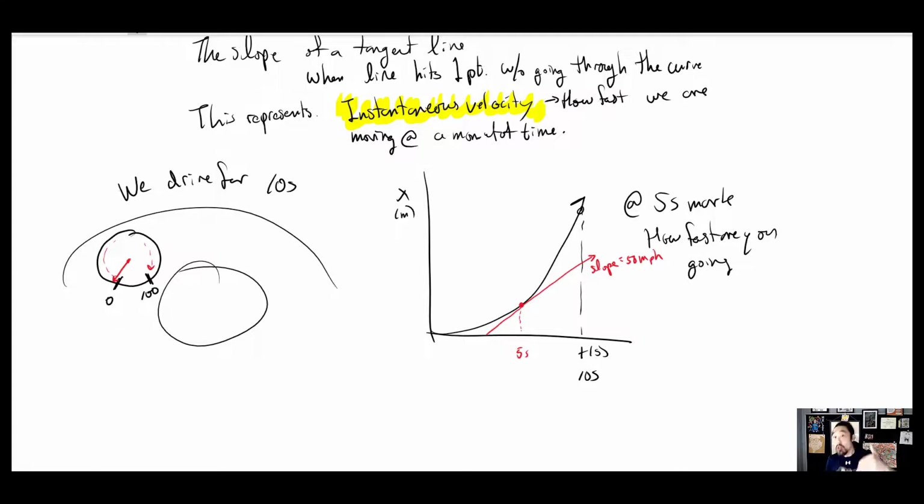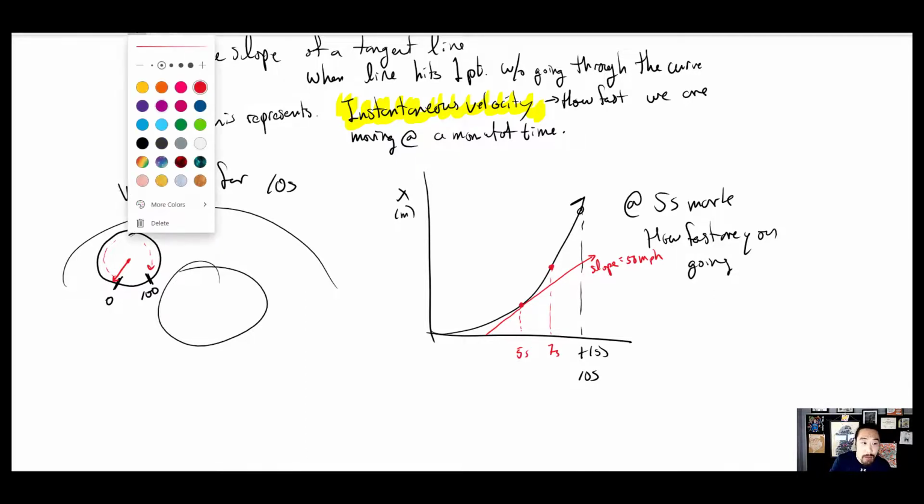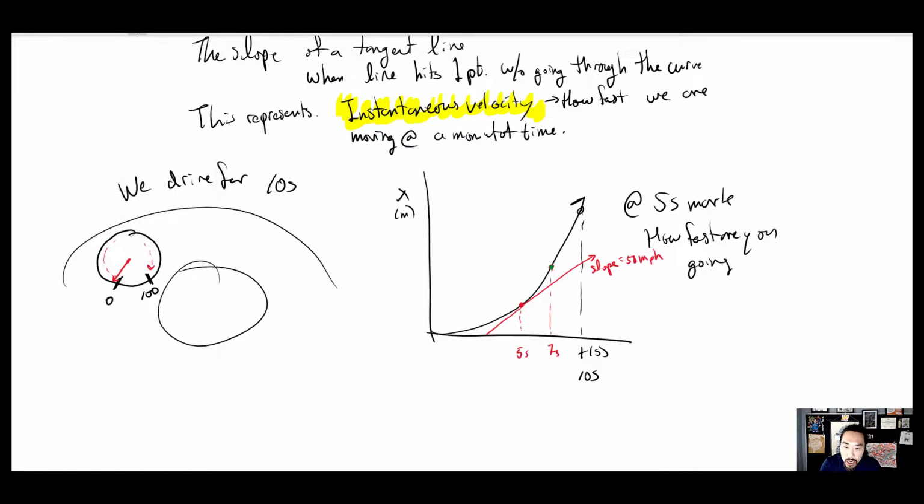But you keep on driving, so at the 7-second mark, I ask you, quickly, how fast are you going? So here is our 7-second mark. At that point, I'm going to use a different color so you can see the difference here. At that point, you will quickly glance at the speedometer, and then you would say, Mr. Lee, I am going, I don't know, 70 miles per hour. Okay. So you can see that because your foot is on the gas pedal, we are constantly speeding up, and